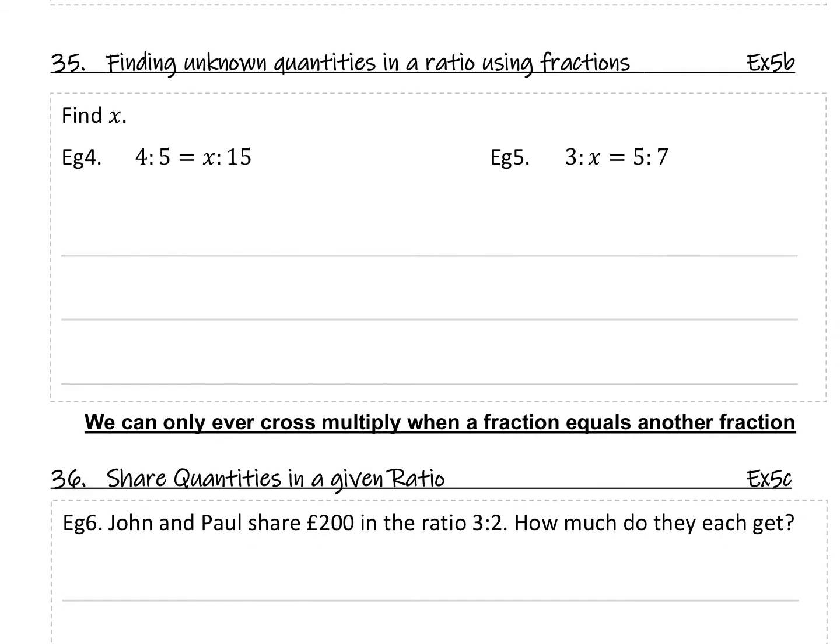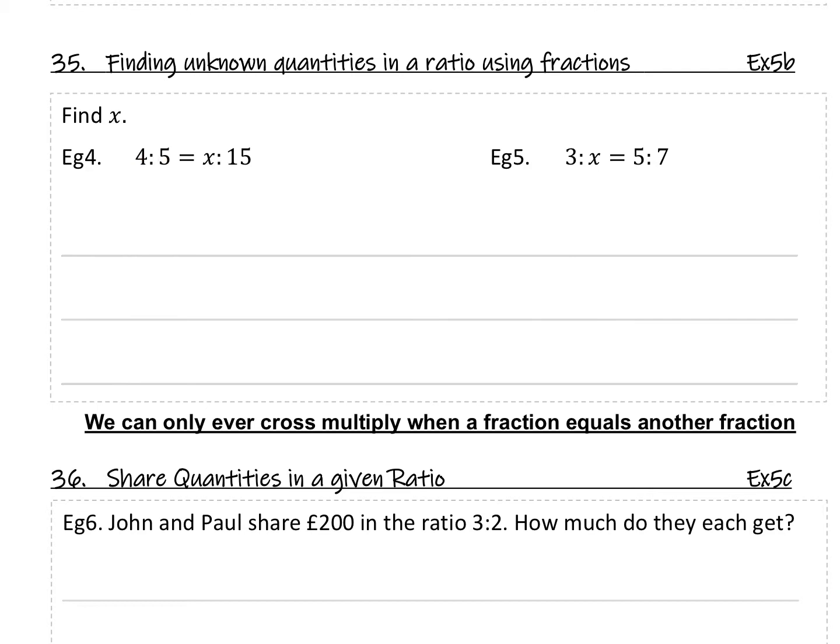Finding unknown quantities in a ratio using fractions. So in examples 4 and 5, you have to find x. Pause the video and have a go. Example 4. If the ratio 4 to 5 is equal to the ratio x to 15, then 4 divided by